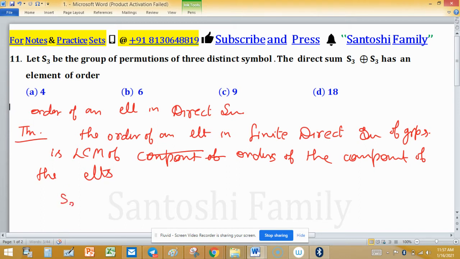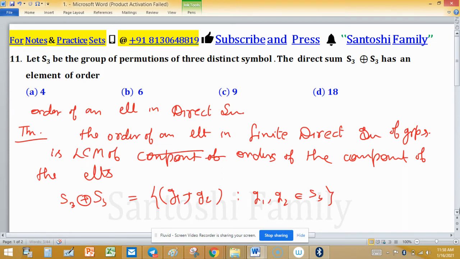Here, in S3 direct sum with S3, an element looks like (G1, G2), where G1 and G2 come from S3.